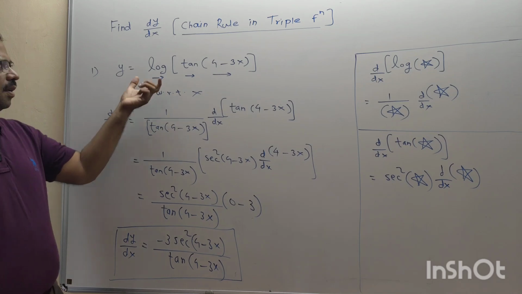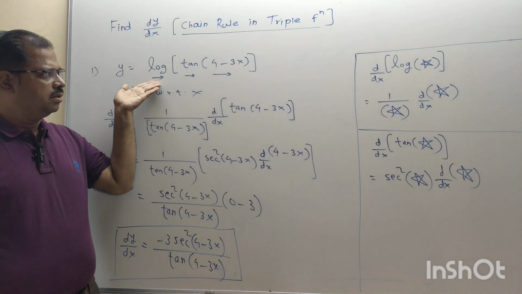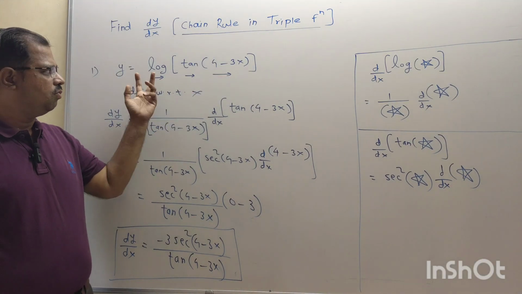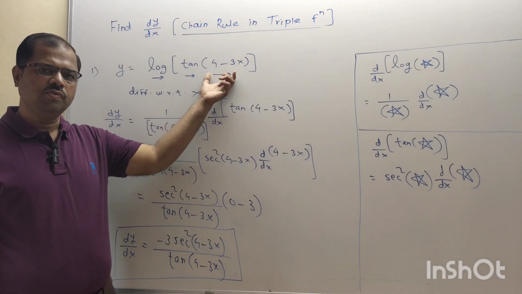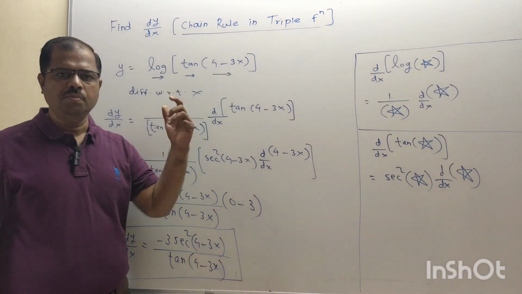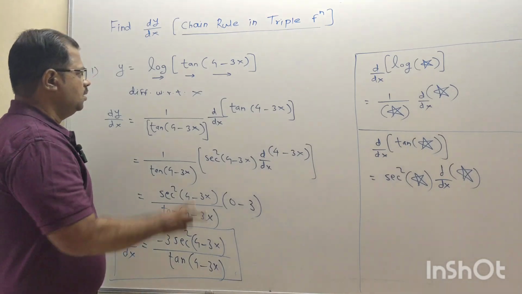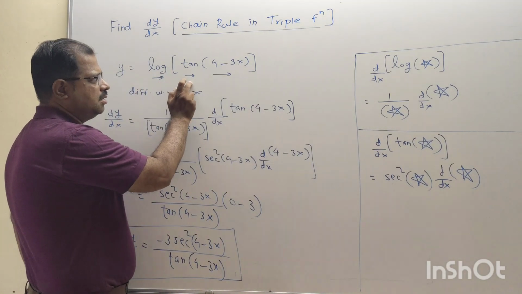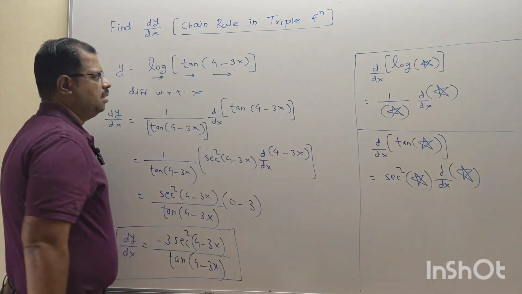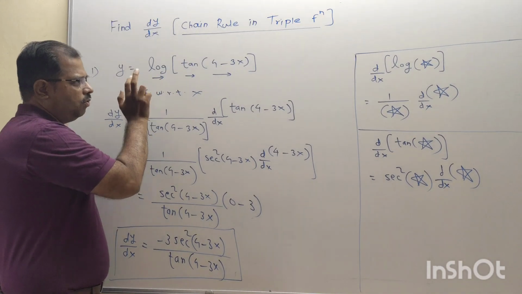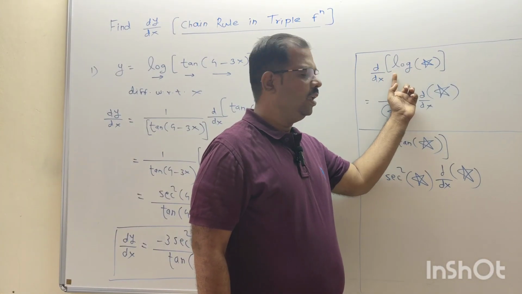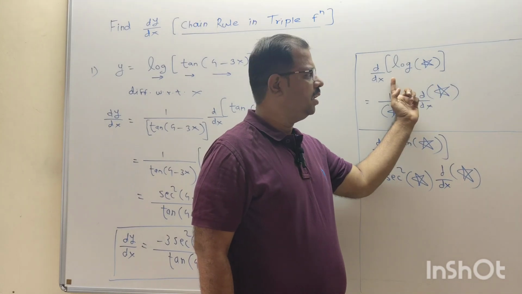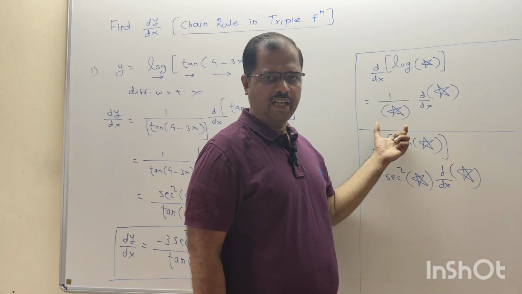In this problem, when we go towards x, the outer function is log, the middle function is tan, and the inner function is 4 minus 3x. Log is the outer, tan is the middle, 4 minus 3x is the inner function. Only consider the outer function, that is log f(x). The derivative of log x is 1 upon x; the derivative of log f(x) is 1 upon that f(x),